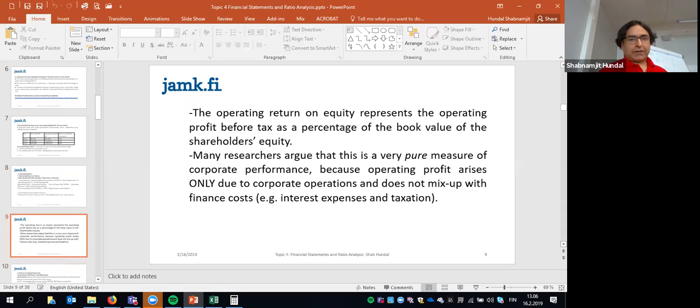I think I discussed already with you that the operating profit ratio is a very, if I can say so, puritan, very pure measure of profitability. The very mixed measure of profitability would be your net profit, because that includes operations and also taxation and the finance cost. Now, taxation and finance cost are important costs of the company, but they are not really related to the